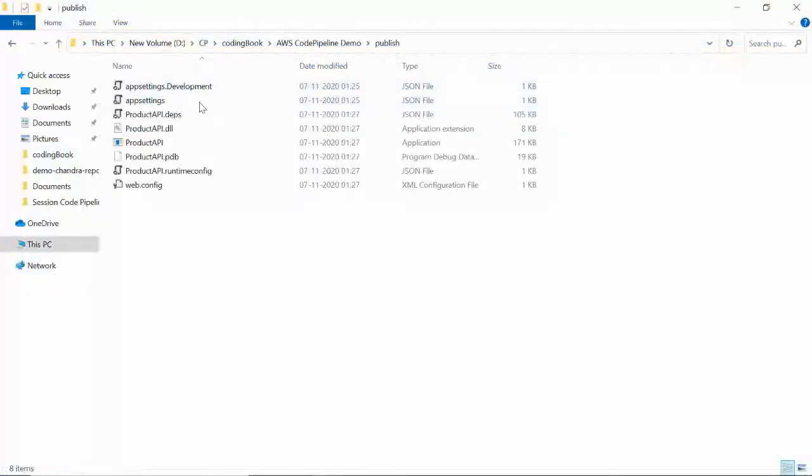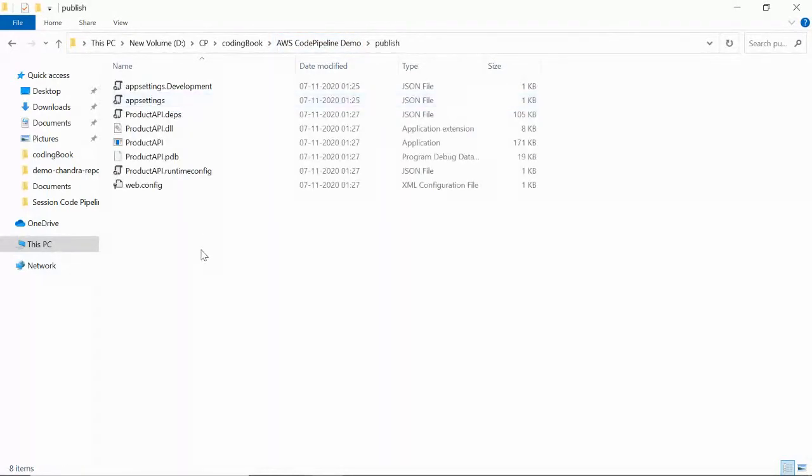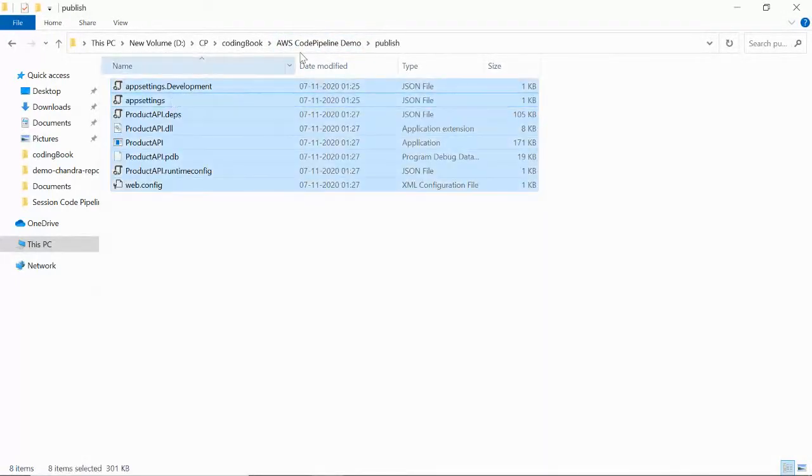Okay, we have the code now. I'm doing this really quick because our focus is not to learn how we deploy on Elastic Beanstalk. Basically I have already covered in the last 2 videos in detail how we do this, but since we are going to learn more on CodePipeline, that's why I'm doing it a bit quick. So just copy this folder.